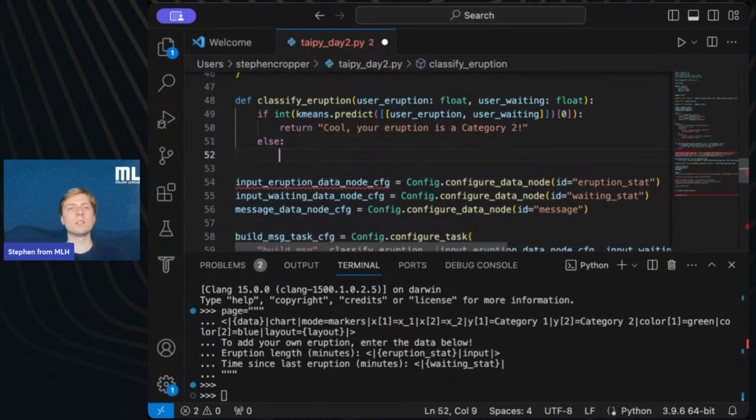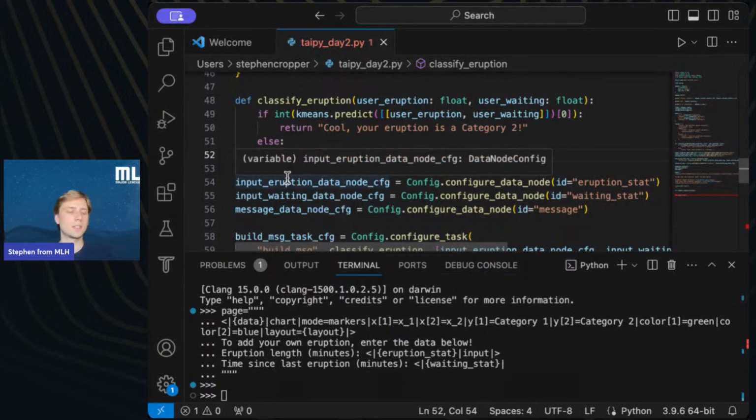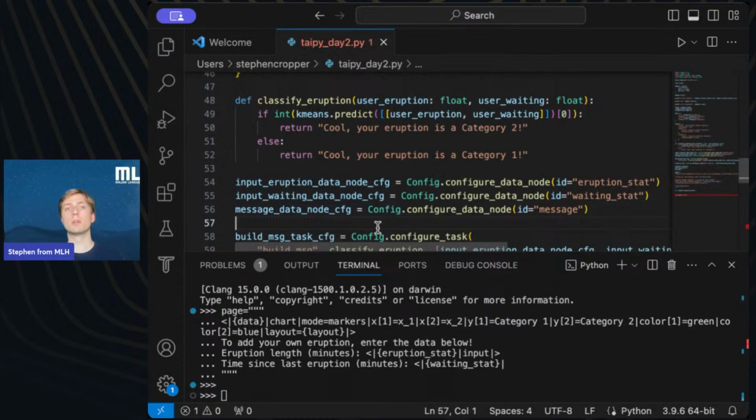And then else will return cool, your eruption is a category 1. So what this does is it passes these features into the k-means model and asks for a prediction. And based on the prediction, it will tell the user a different message.